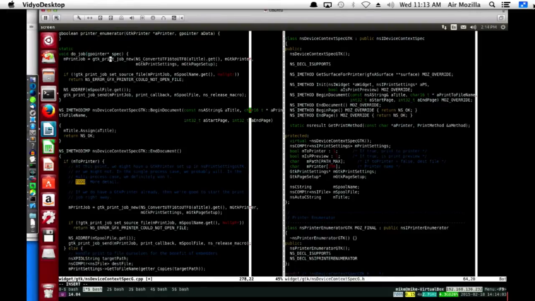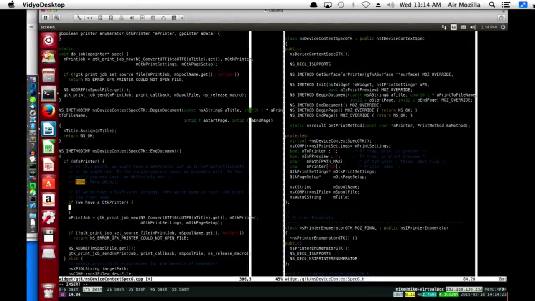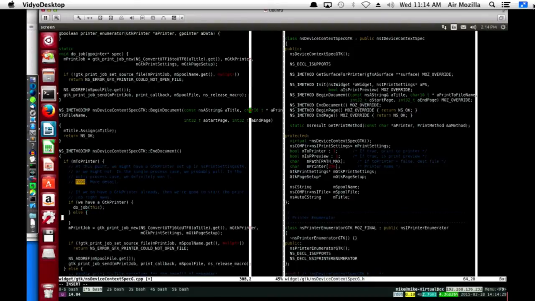Like if do job takes the device context spec, so in this case it would take this and the single, like we need to, if we have GTK, no, we have a GTK printer, then we can like do job pass this, else we do like